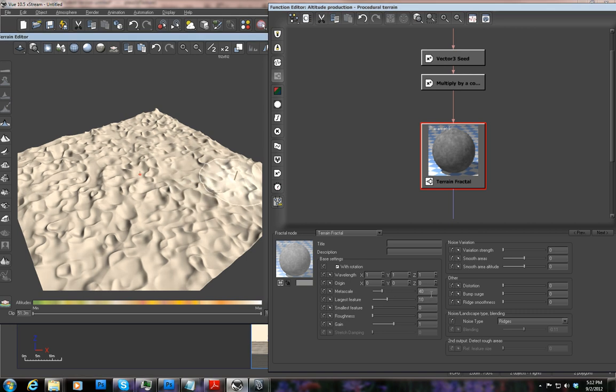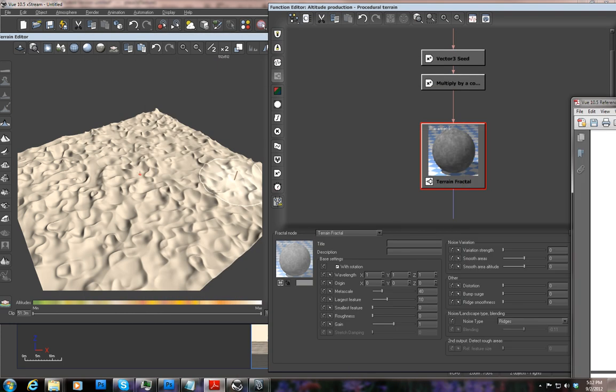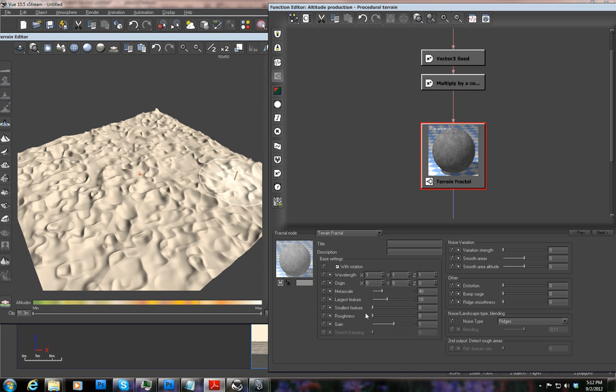The next thing that we have is the Metascale. And the Metascale, again, if you get rid of this guy, you're going to see big overall changes. But the Metascale, as it's described by the reference manual here, is the scale of the global variations of the noise. And it says if you take a fractal that represents a mountain, the largest feature scale would be the size of the mountains. So essentially, what we've got here is something that says you're in a helicopter and you're kind of looking down at the overall mountain range. So let's just bring this down to, I don't know, 30,